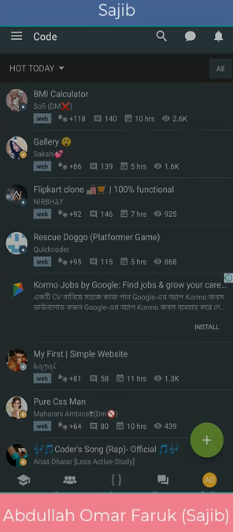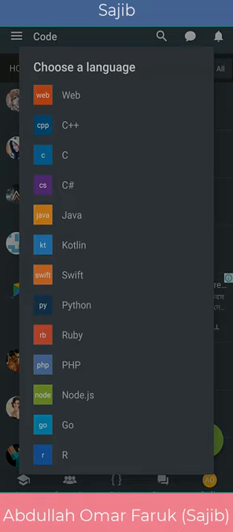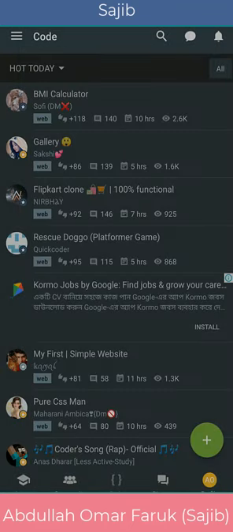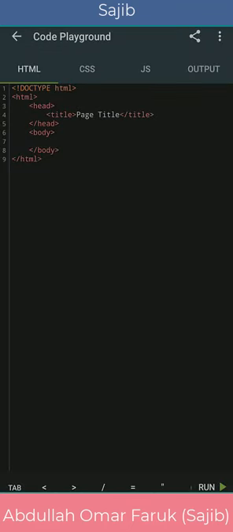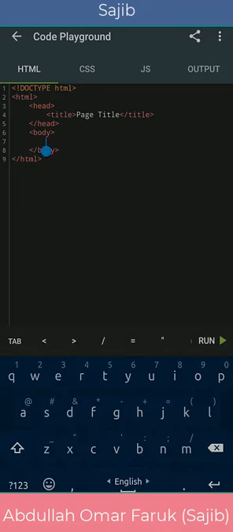You click on it. After clicking this, you see some options. Among them, I need web. So web is an interface for writing my codes, HTML, CSS and JavaScript. I click on it, and after clicking on it, you see an interface, and here are some HTML tags. You can definitely understand, and that makes your life easy actually, because lots of tags are already written. You don't need to rewrite them.